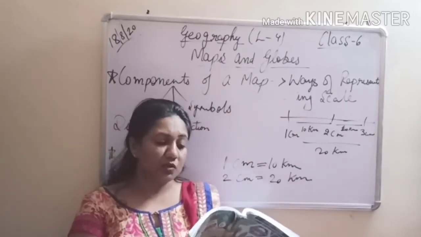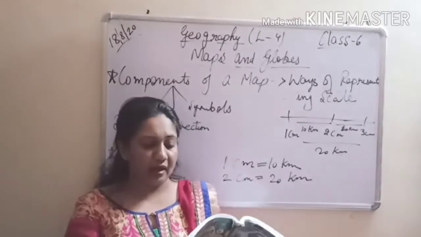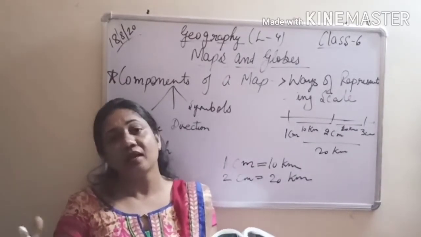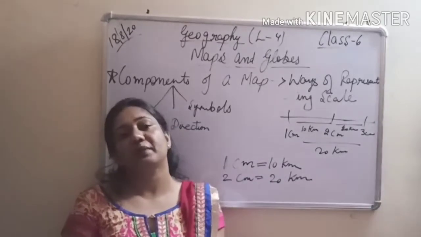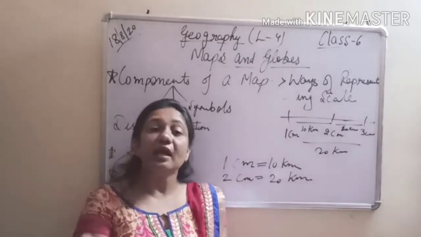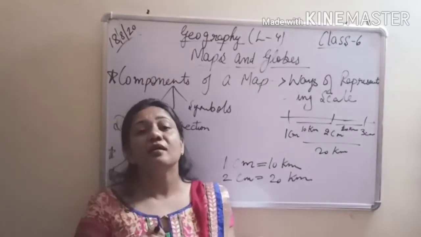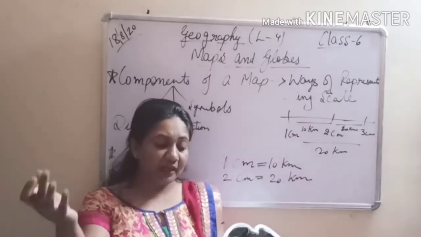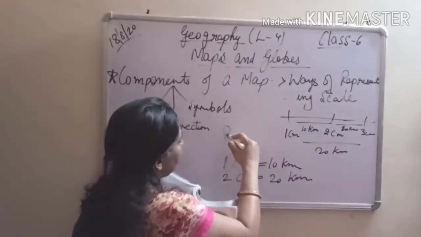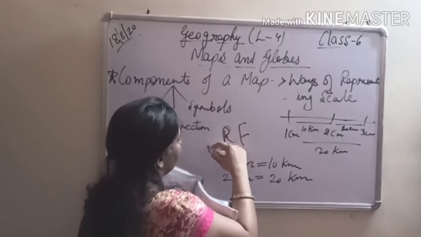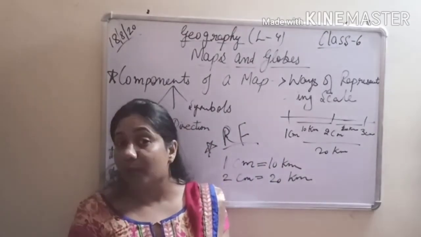According to this statement, 1 centimeter is the map distance. Now it is assumed as the map distance, and 10 kilometers is the corresponding ground distance that we are just relating it. So this is an easy method of representing a distance. It is very easy, and you might have done it in maths also, when you represent it on a number line. So next method is by a representative fraction method, and it is also known as RF factor, and this is very important method of representing a scale. Now what it is? What is the formula for RF?